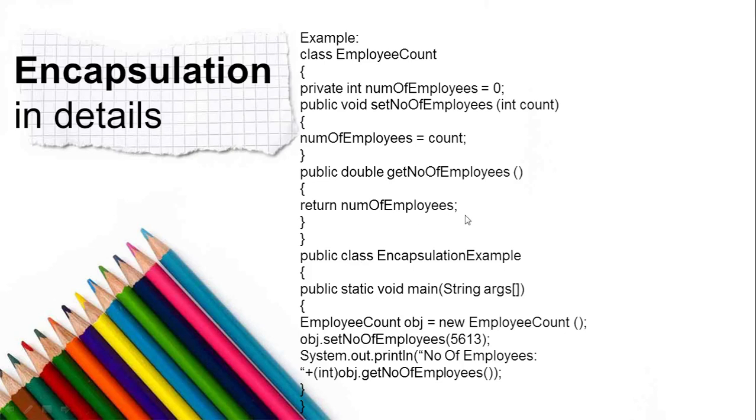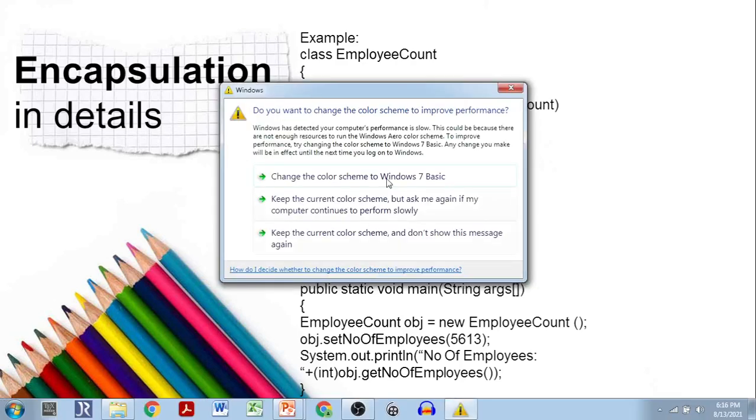So that is the benefit of encapsulation, because this number of employees data member, the integer data member, and these two methods, setNumberOfEmployees and getNumberOfEmployees, are defined inside the EmployeeCount class. Correct? It is encapsulated within here. So that will not have any effect if you make any changes or do any other coding in public class EncapsulationExample. These two classes are separate and they have their own encapsulation available.